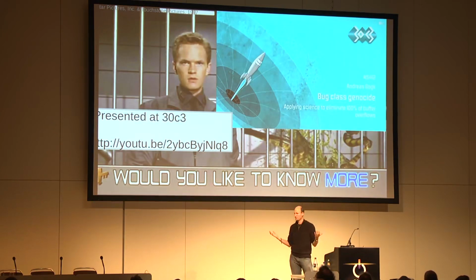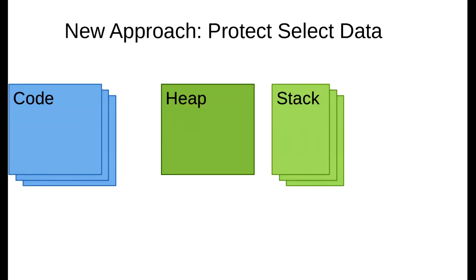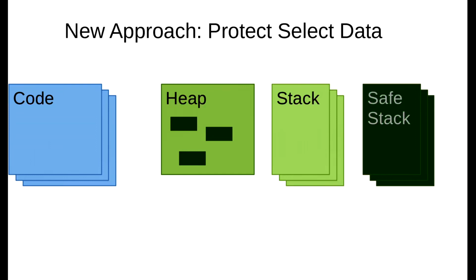So now that we know how memory safety works, can we adapt it somehow so that we can protect only a small set of data? We no longer want to protect all the data, because that's way too expensive, right? Otherwise, we would run again into this high overhead. But possibly, instead of protecting all the data that is out there, let us just focus on a small subset of data and protect that small subset of data. So just a couple of code pointers on the heap and a couple of pointers and variables on the stack that we deem to be protection worthy.